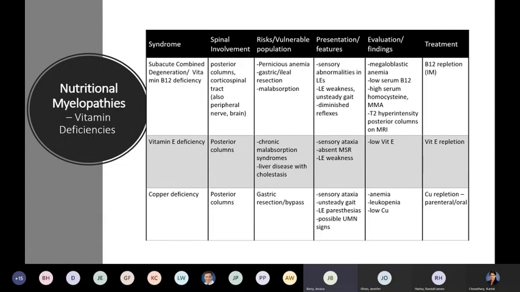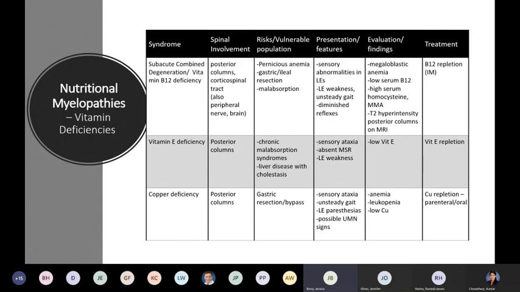With B12 deficiency, usually the etiologies are going to be pernicious anemia with inability to actually absorb B12, if this is undiagnosed or untreated, of course, and patients with gastric or ileal resection or some other reason for malabsorption. It's pretty difficult to get this degree of B12 deficiency purely with poor dietary intake, just due to the small amount of B12 actually needed to maintain our stores. So usually it's someone with an actual reason for malabsorption rather than just poor dietary intake.